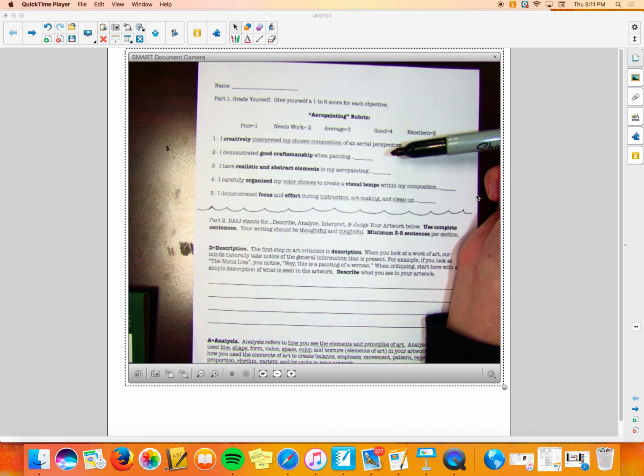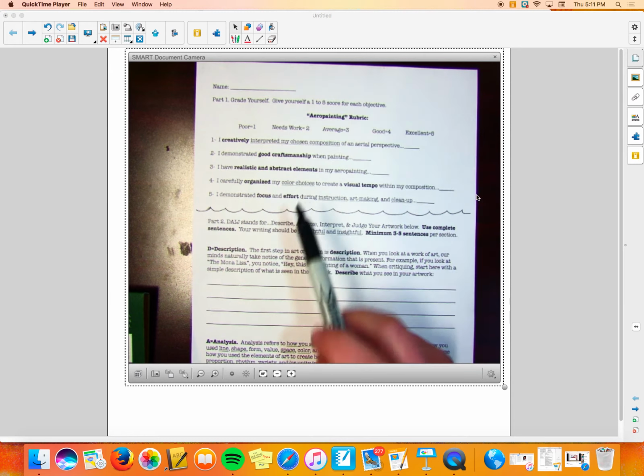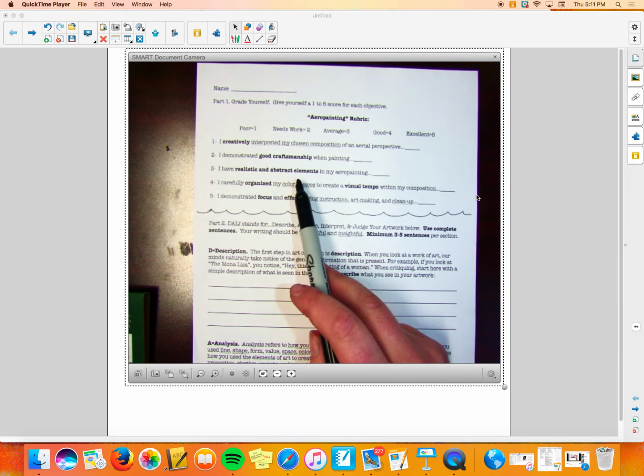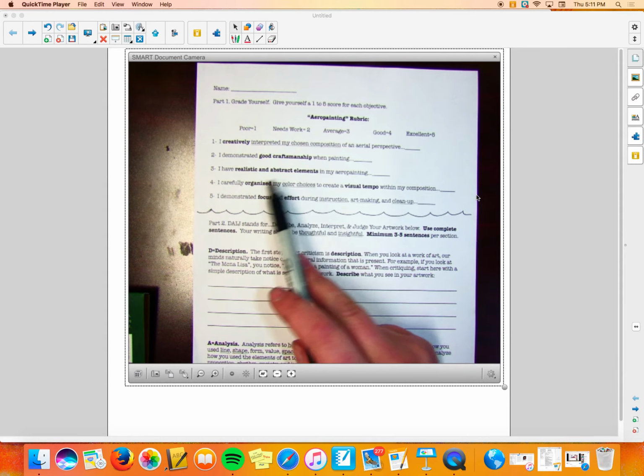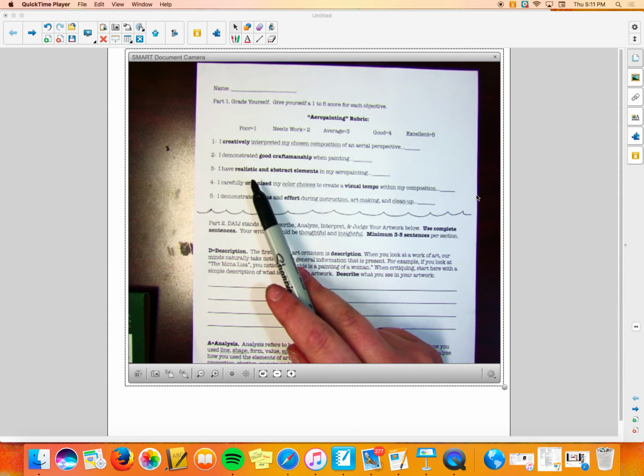So did you stay in the lines? Did you paint everything completely? Then three is, do you have realistic and abstract elements in your aerial painting? So while you are able to choose where you wanted certain colors to go, there should be elements of both in your painting. So, for instance, realistic elements might be adding in specific details to the landscape,